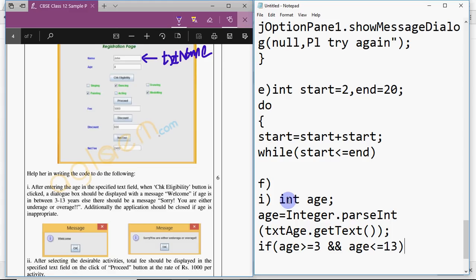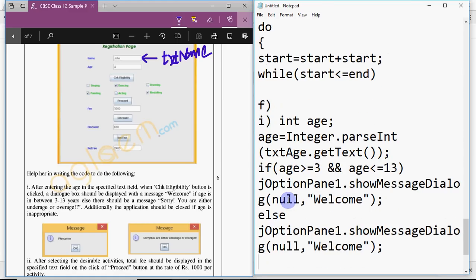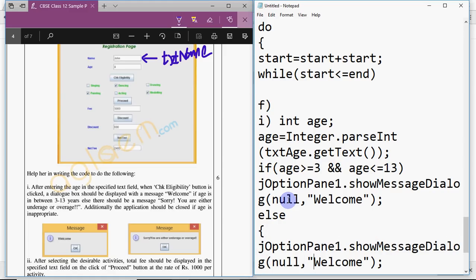So if age is greater than equal to 3 and less than equal to 13, we have to show a message. So for that we have to write JOptionPane1.showMessageDialog, and over here the message should be welcome. That's it, to show welcome. Otherwise you have to show sorry you are either underage or overage. So else, if age is not in this range, then one thing I have to show